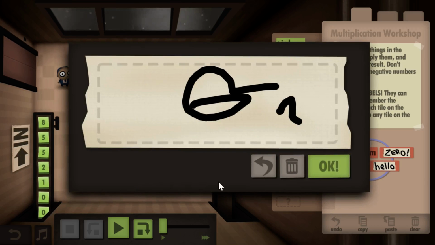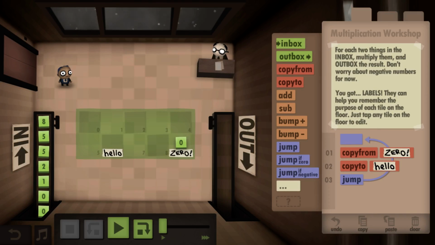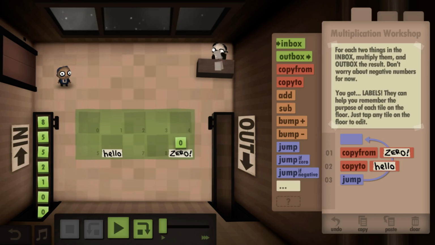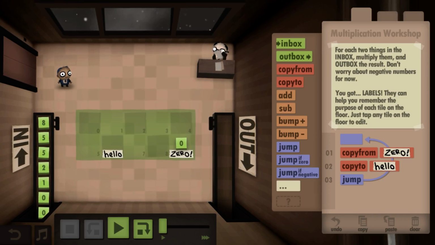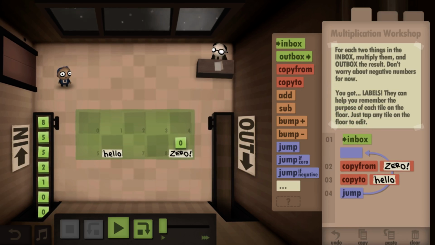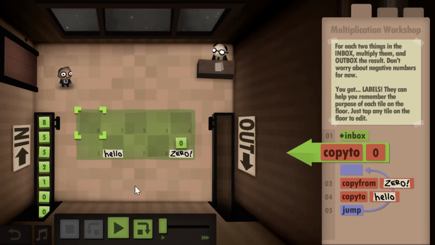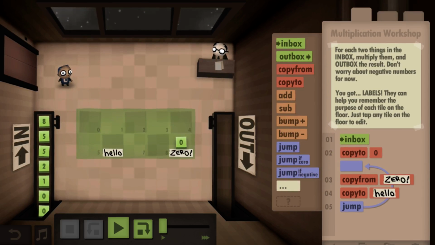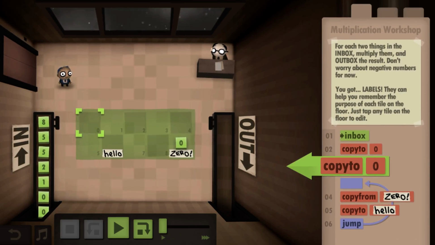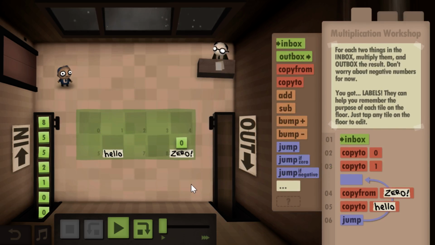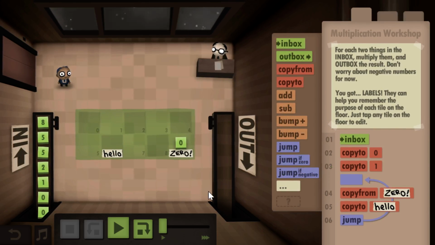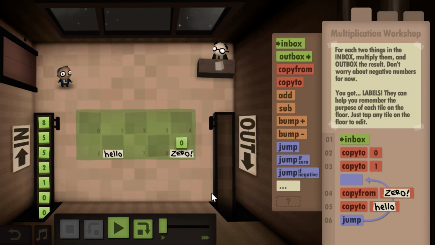So, let's get rid of this to start off with. What we need to do is multiply. So how are we going to multiply? What we can do, and you need to understand this at the core of programming,